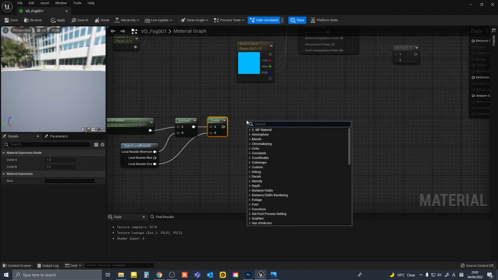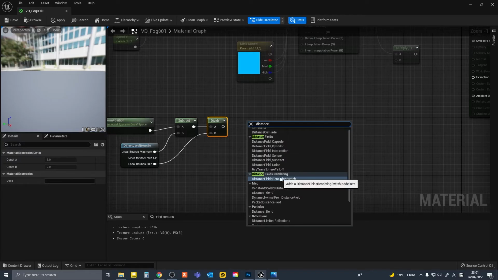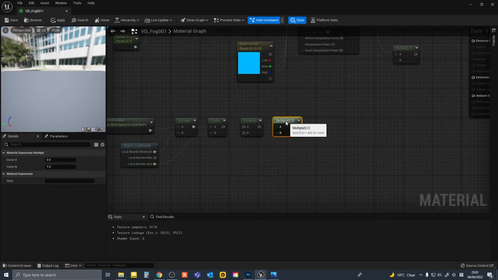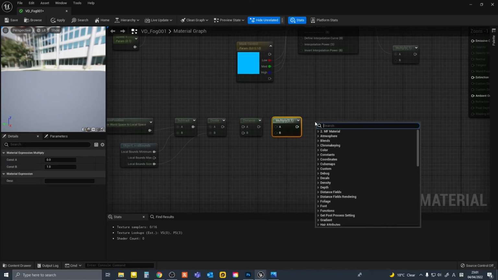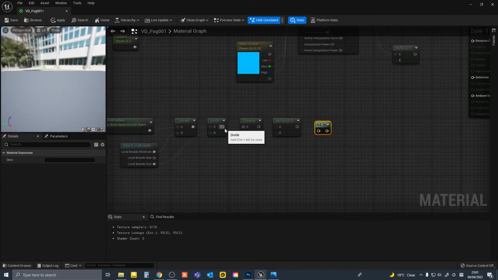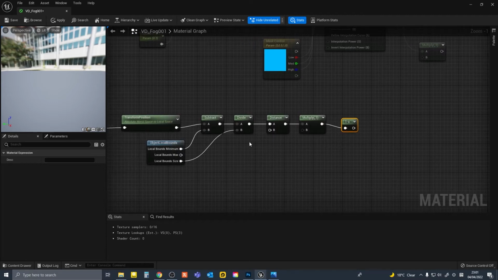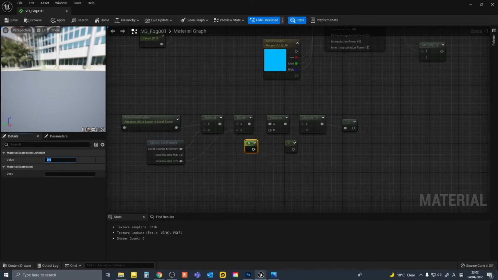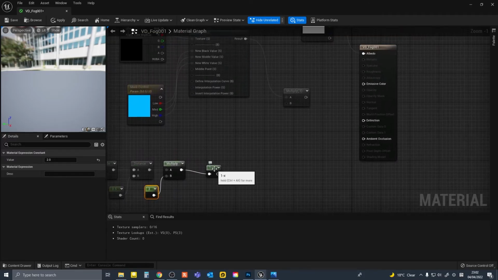So, and then right click, search for distance, and scroll down to utility distance, and then hold M and left click for multiply, and then right click and search for 1 minus. Then there, there, and then we're going to add a constant 1. So hold 1 and left click, and hold 1 and left click again. So we'll make this one 0.5 and plug that in there, and change that one to 2 and plug that in there. So 1 minus